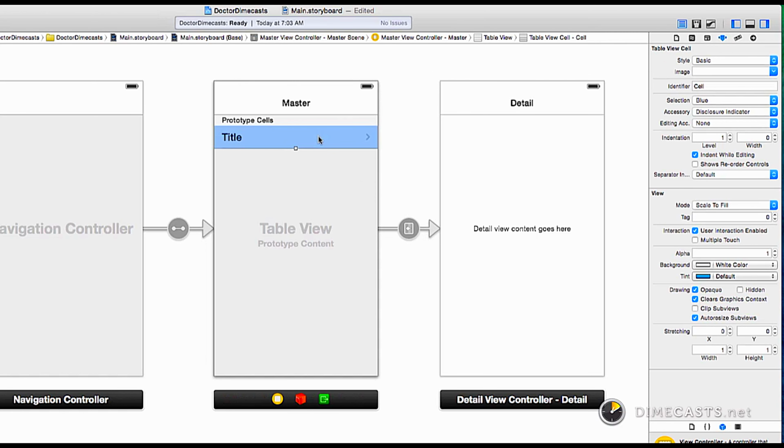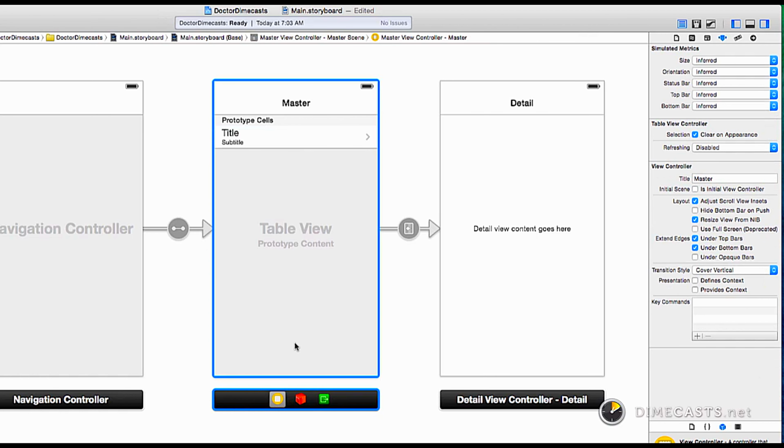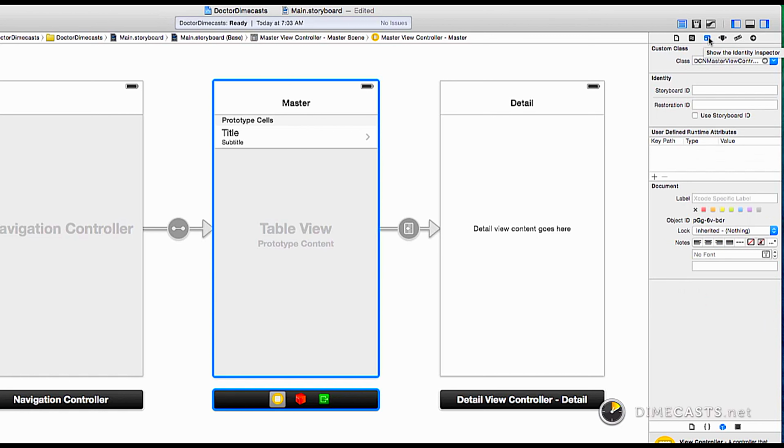For this prototype cell, whenever it makes a cell on this table view, it's going to make it look exactly like this one. And we can create our own, or we can use one that's built in. I'm just going to use one that's built in. Over here in table view cell in the attributes inspector, I'm going to change that to subtitle so that it looks like this. Alright, now if I click here, the master view controller, so we make sure we've got that selected, and I look over here in the identity inspector,